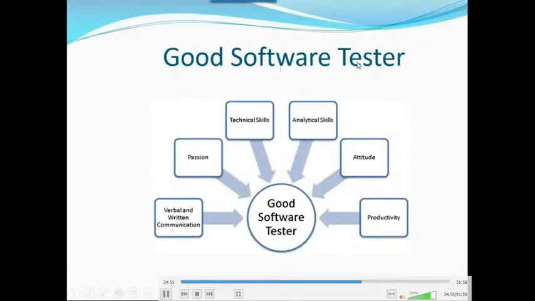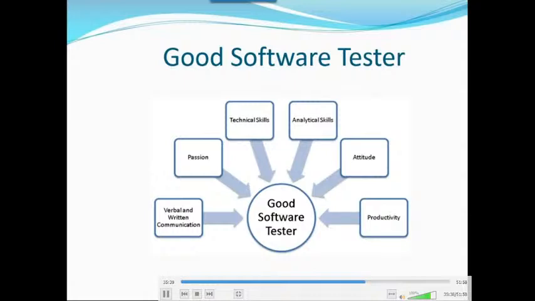If you want to become a good tester, what is required? Technical skills are required, a lot of technical skills. If you know Linux, well and good. If you know Python, well and good. You need to have some technical skills and analytical skills. What are analytical skills? You need to observe the things, not go with them blindly. You need to analyze the things. You need to think why this defect occurred, what happened, and identify the root cause for the defect. And passion: you need to love the job. If you love the job, you can enjoy it. So first you need to love the job.